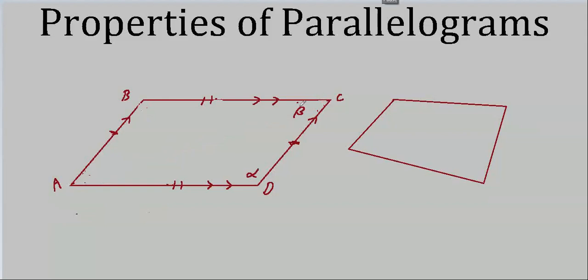There's another little fact of parallelograms, which is consecutive angles are supplementary. In other words, alpha plus beta equals 180. And if we had a beta prime over here, you could say alpha plus beta prime was 180, and if we had an alpha prime over here, we could say alpha prime plus beta prime, alpha prime plus beta. Any two consecutive angles, their measures will add up to 180. Why would that be true? Well,